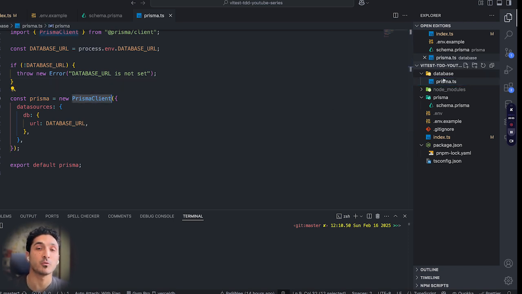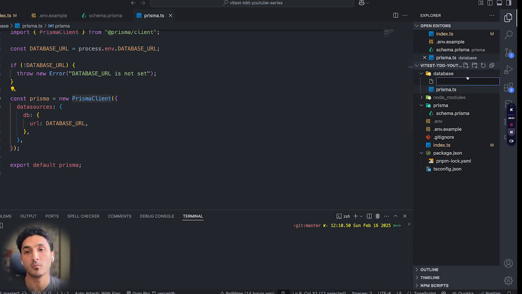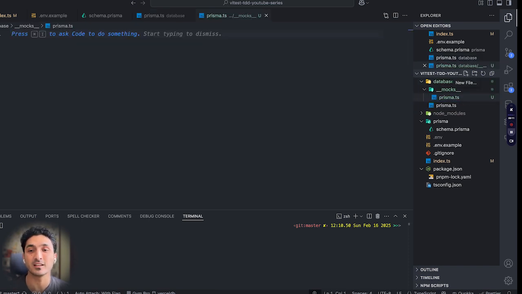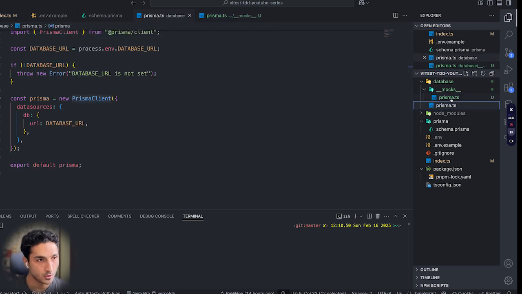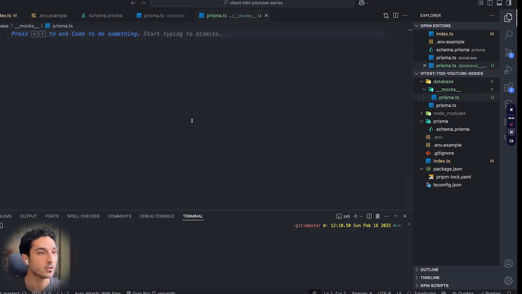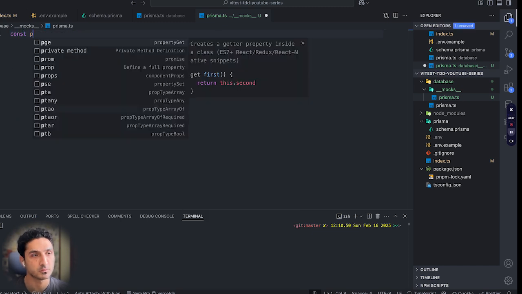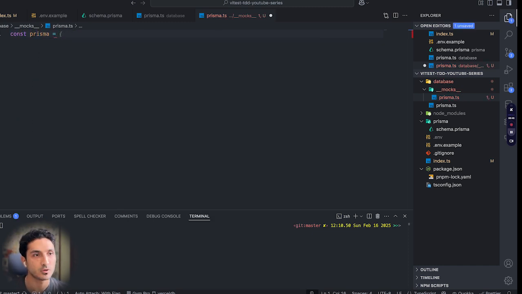But in this video, we were supposed to mock the Prisma client here. So for that, we have to create a new folder called mocks, with prisma.ts. Note that it has to be the exact directory as is, and with the exact file name of the thing that we want to mock, the Prisma client. Okay, I'm going to write a few lines. I'm going to say Prisma is mockDeep Prisma client